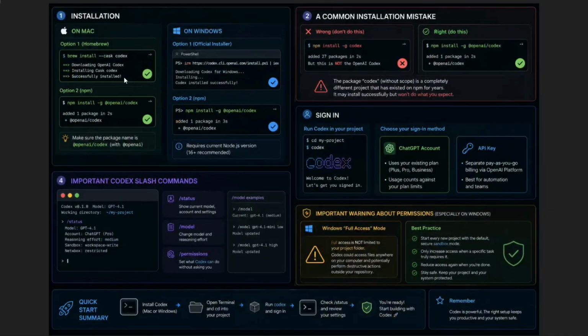Let's get you running. On Mac, you've got 2 clean paths, and either one works fine. If you already use Homebrew, one line installs it. brew install --cask codex. If you'd rather use npm, run npm install -g @openai/codex. Notice that exact name,